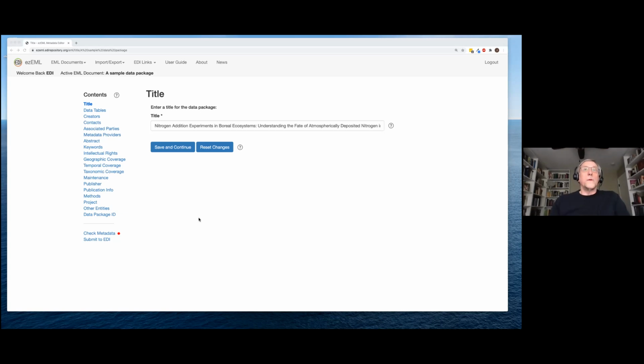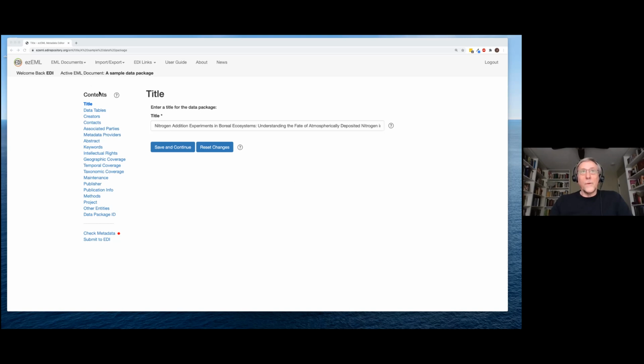So the overall idea, of course, is this is a web-based, form-based editor for the Ecological Metadata Language. You're probably all familiar with that. It's an XML standard for providing metadata to describe a data set, especially an ecological data set. The general idea of the layout of the application or the website is that